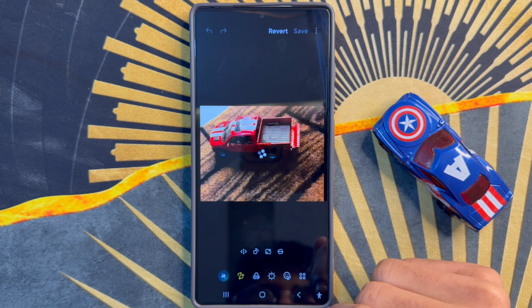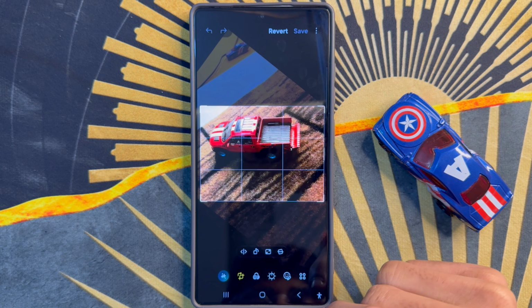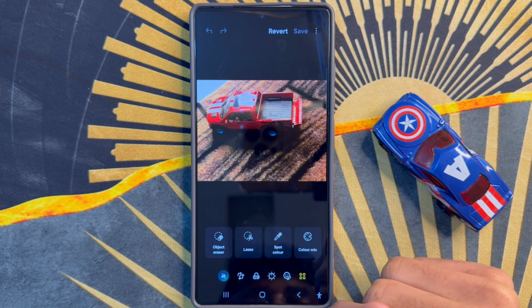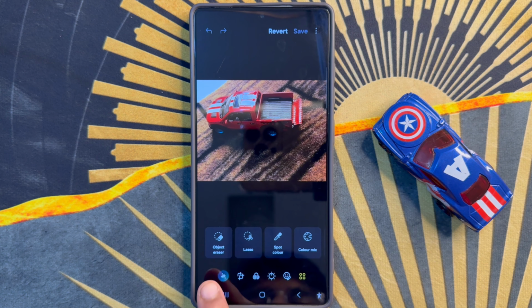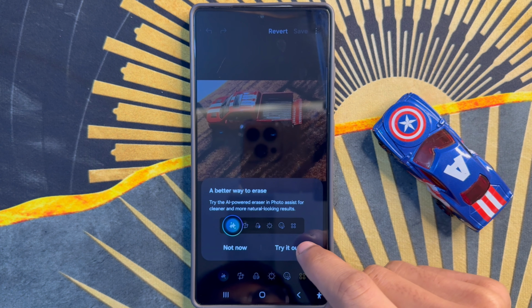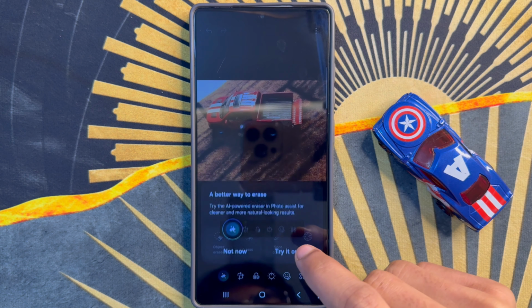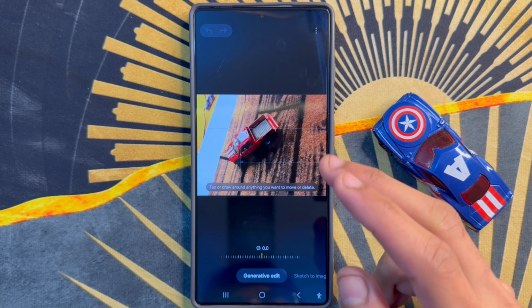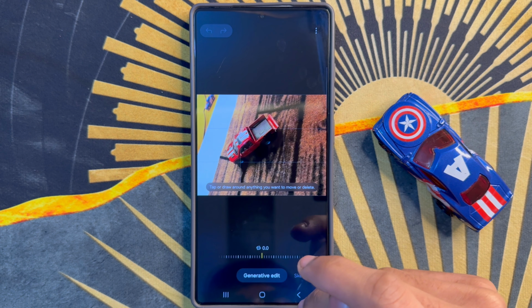this edit icon. After clicking on this edit icon, click on this four dot icon, and you will see the first option is object eraser. So after clicking on object eraser, click on try it now. So if you want to erase,